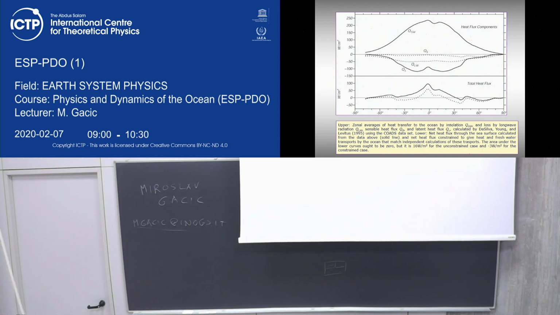We did the integral over the longitude, so it's like we integrate all over the Earth in order to get the total heat flux components. Okay, so I think we... So why is the long wave minimum at the equator when it is maximum in terms of the